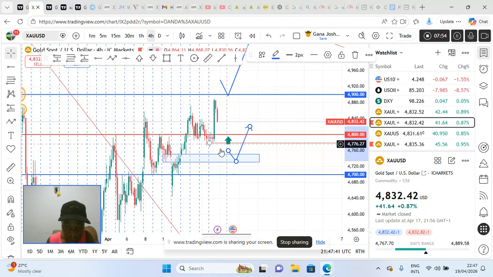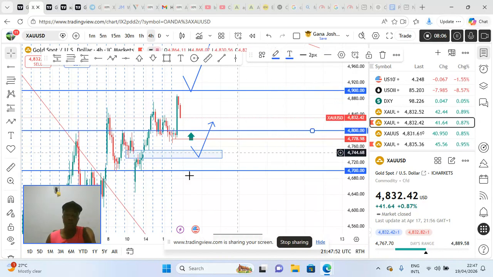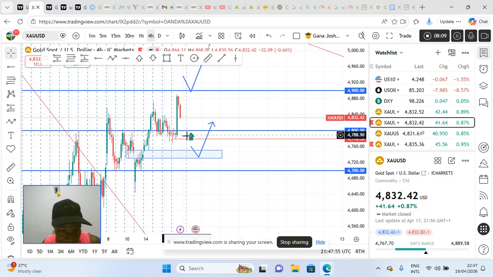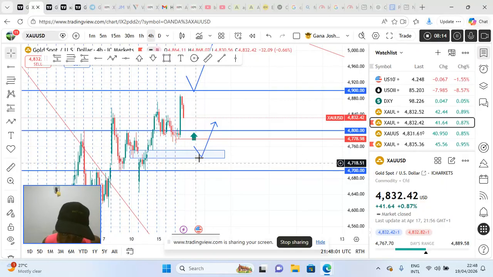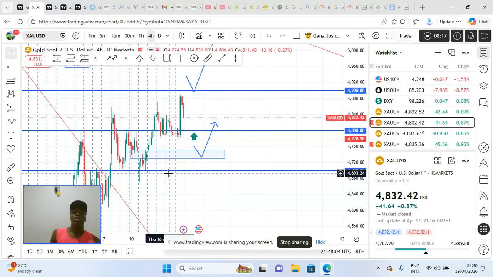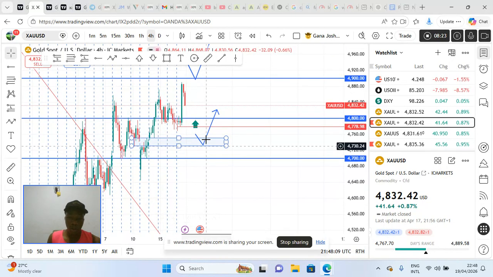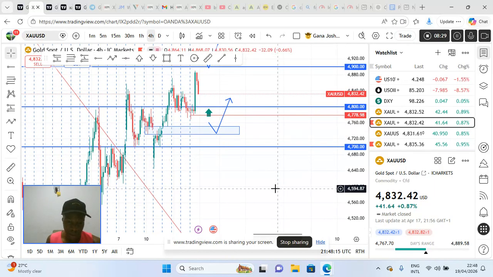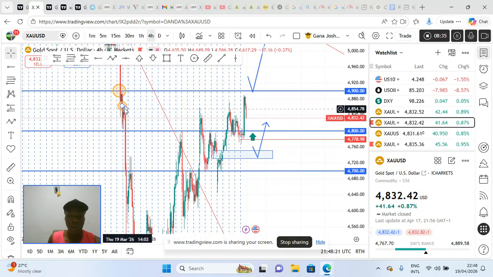Before this level, which is most likely vulnerable, it's not advisable that we just buy blindly from there, because at this point it's no longer a resistance, it's a support, yes. But does that mean we should just buy immediately here? We won't just do that. We'll wait to see how it goes, especially at this market open, there might be a gap. Do you understand? So I'm even seeing price come to 4700 again if care is not taken before it will continue up, because these are major levels.